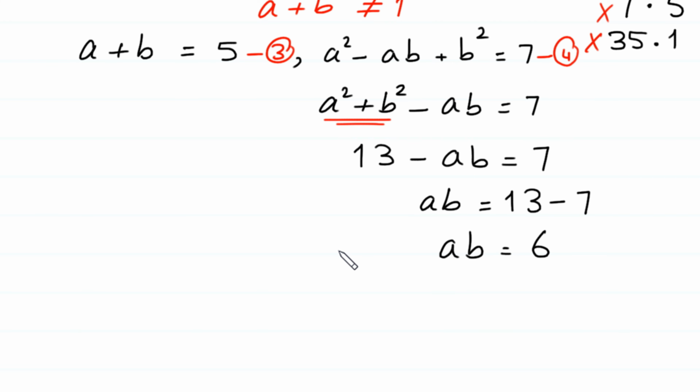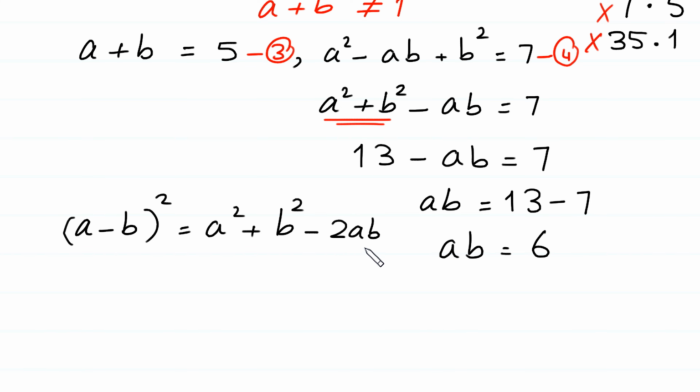Now to find the values of a and b, we need to find the value of a minus b, and to find the value of a minus b we use an algebraic identity, that is a minus b whole square is equal to a square plus b square minus 2ab. Next, a minus b whole square is equal to, we put here the value of a square plus b square,